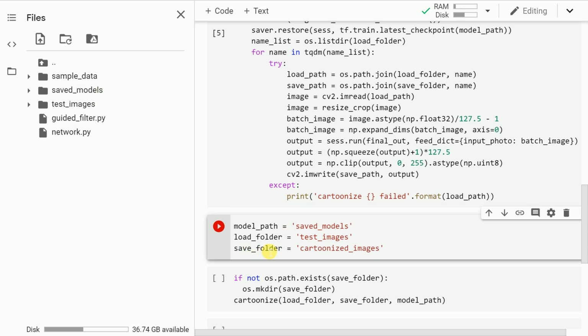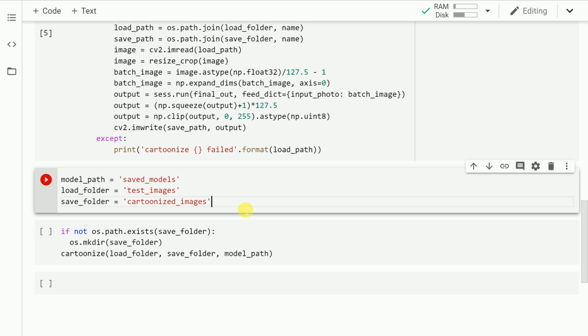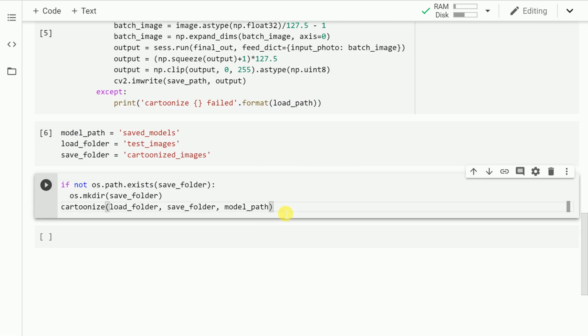But the cartoonized images folder is not there, which is essentially created by this piece of code as well. So I don't have to explicitly create the folder. It is already taken care of by code. So let me unhide this again. Let's run this. Let's move forward and go to the inference stage where we'll be generating the cartoonized images.